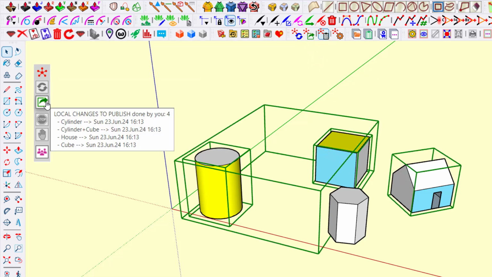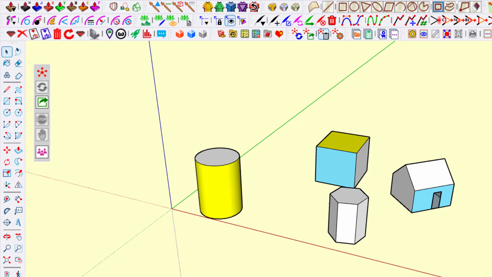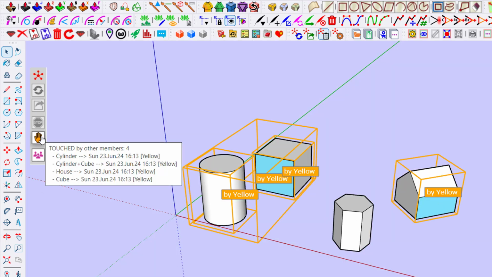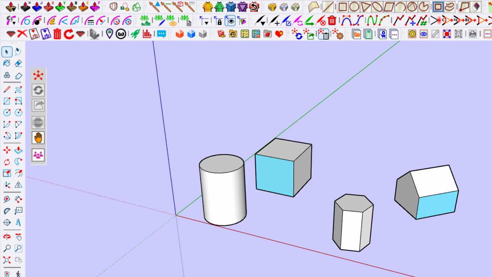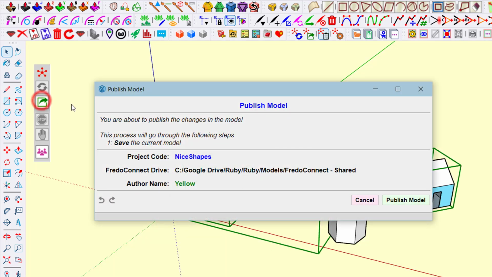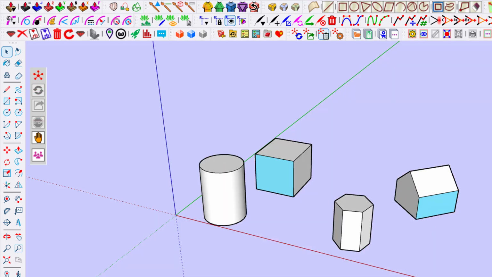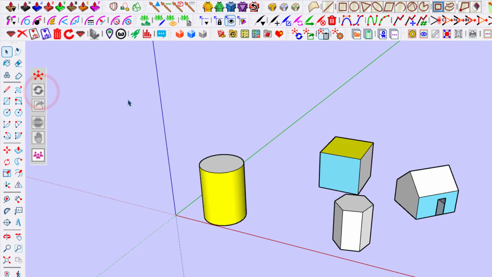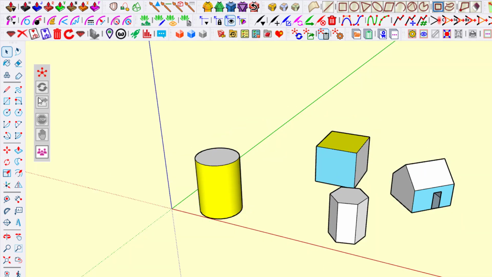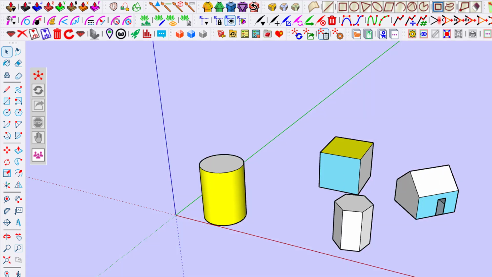So he has now a number of changes to publish. As you can see, Mr. Blue is informed of what is pending, and let's have Mr. Yellow publish and Mr. Blue update. Okay, so you see that now the two models are synchronized,